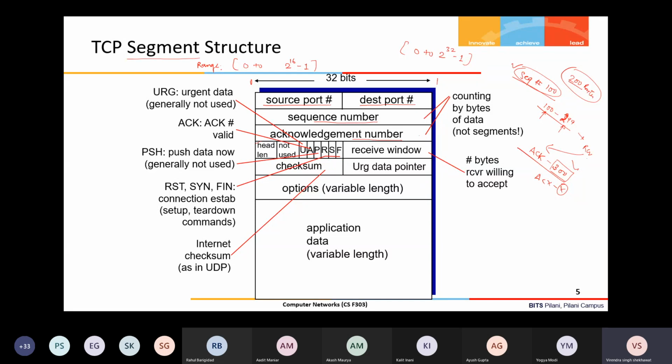It can be an acknowledgement, a data packet, or even both. There are 6 one-bit flags, and A stands for acknowledgement. If the A flag is 1, that means this is an acknowledgement. Whoever receives this segment will see that A is 1, and then it will look at the acknowledgement number.